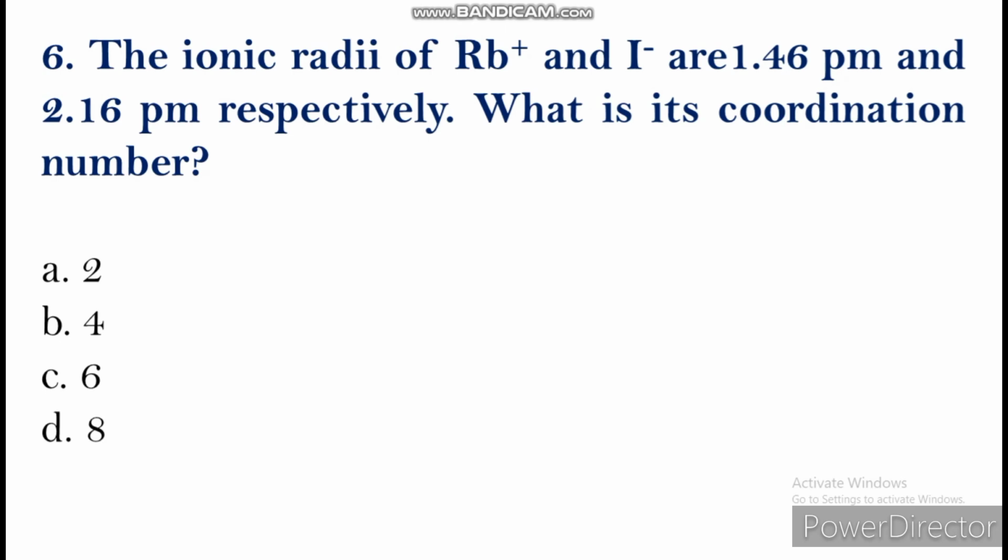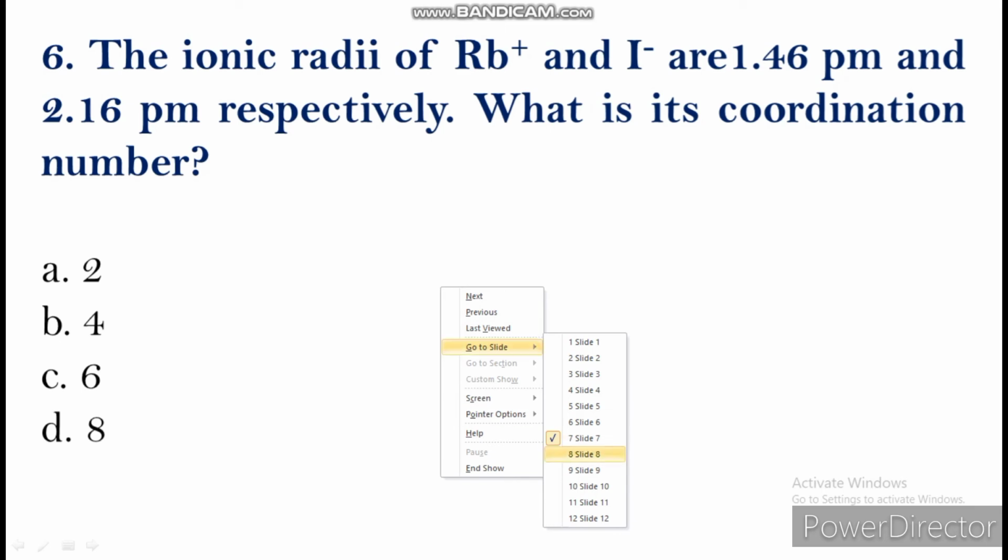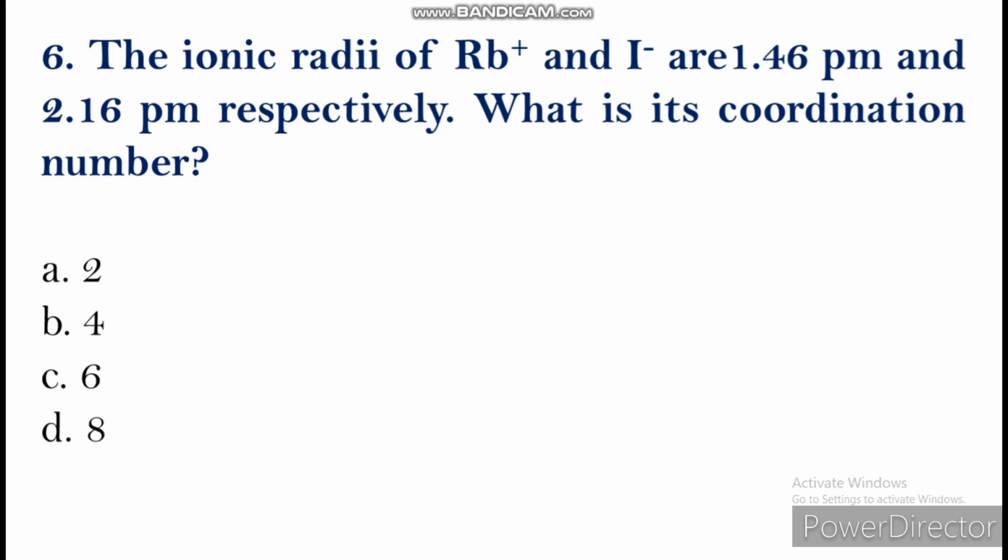Now let's see the 6th question. They have asked the ionic radii of Rb+ and I- are 1.46 Å and 2.16 Å. Now what they have asked is the coordination number. To find the coordination number, we need to find the radius ratio. Radius ratio is given by r+ by r-. r+ is the radius of the cation, 1.46, divided by the radius of the anion, 2.16. So I will write this as 14 by 21, which is 2 by 3,